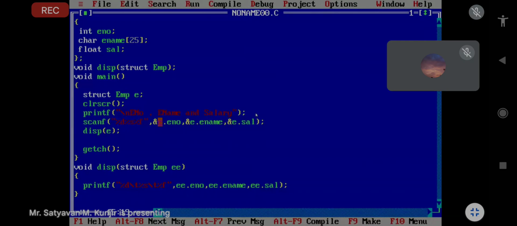Okay, so everything is in E. So what we are doing, we are passing that E which contains entire data, and the data of E gets copied into EE, because here we have declared one more variable and displayed the values from it. It is called copying the data from one variable to another variable. Directly the structure gets copied like this. Okay, and now if you execute this application, then we will get output, the number, name, and salary, so this is output.